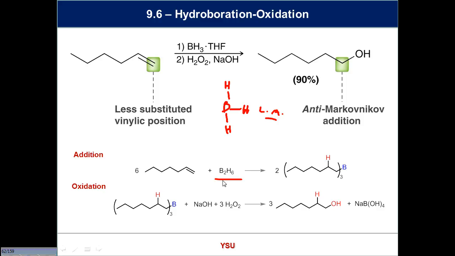But of course, you've now got 2 molecules of this, and you need to react with 6 molecules of this. Where does that come from? Well, you've got 3 of these hydrogens. We're going to add each of those hydrogens to an alkene. And you've got 3 of them. So down here, you've got 6 of them. That's why you need 6 alkenes. You add those 6 alkenes to the 1 molecule of B2H6, which is really BH3, you end up with a